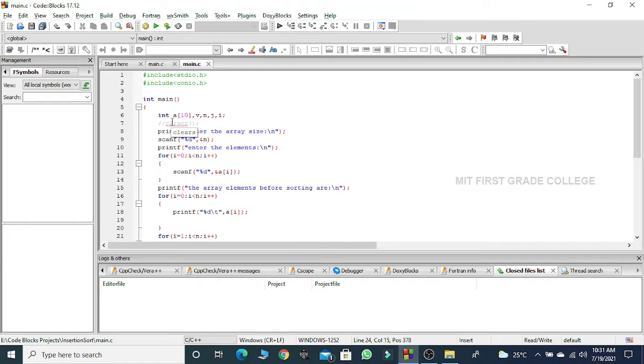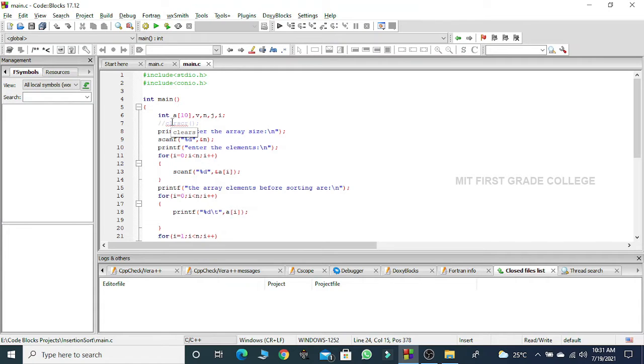With the help of the for loop, I initialize the loop control variable i to 0. Then I check the condition i less than n. If this condition is true, it enters my for loop and I read one array element and store it in a of 0. Later I increment i.